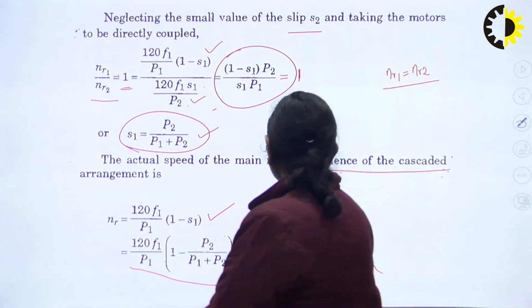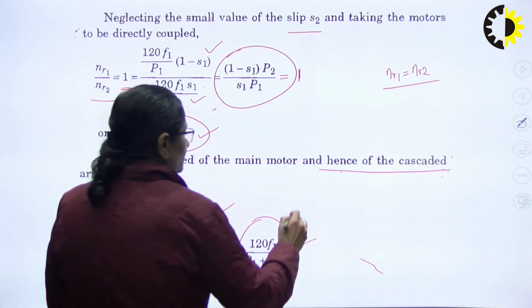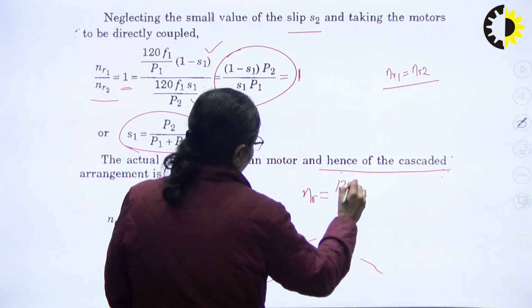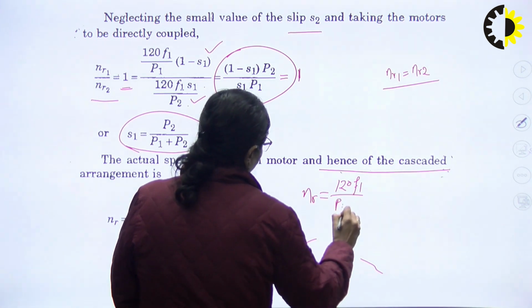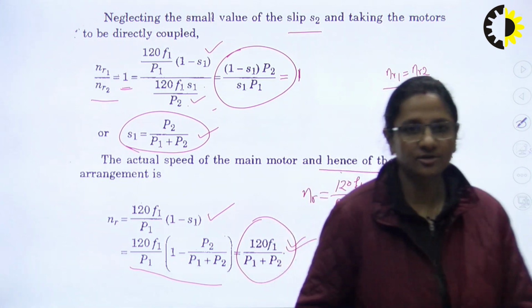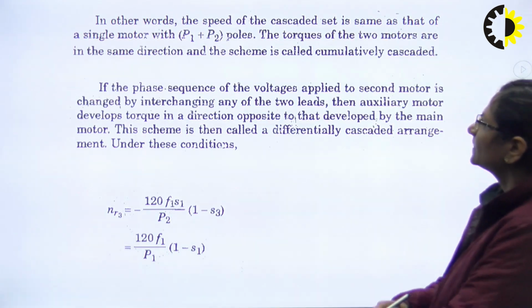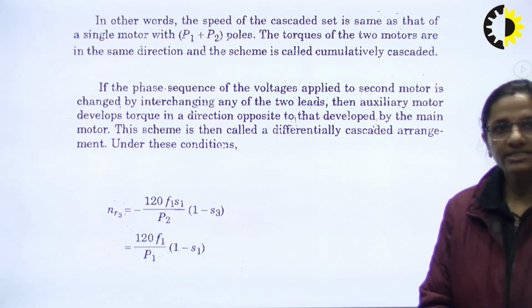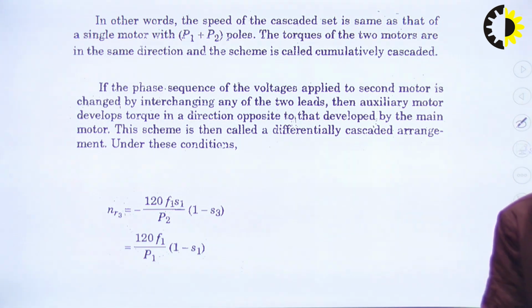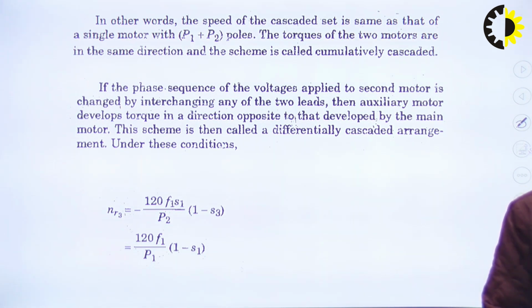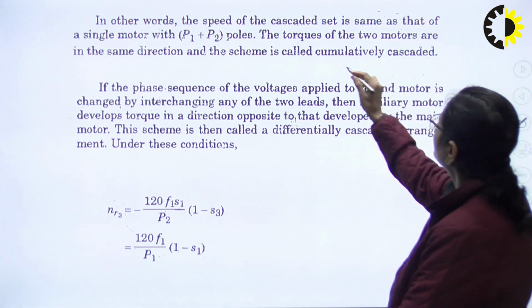So, what is 120 F1 upon P1 plus P2? It is the operating speed of the main motor. Right? So this is the operating speed of the main motor. Now, in other words, the speed of the cascade set is the same as that of a single motor with P1 plus P2 poles. The torques of the two motors are in the same direction